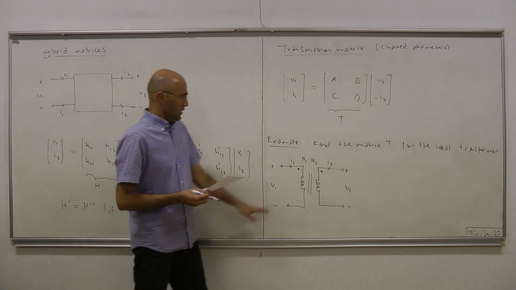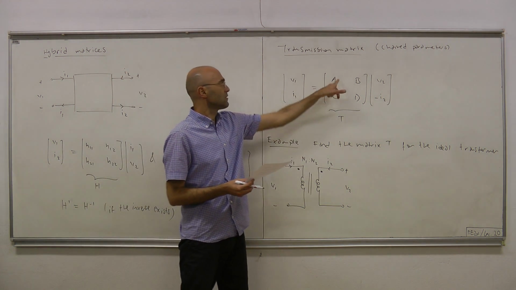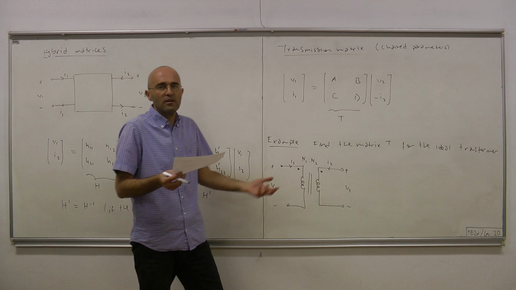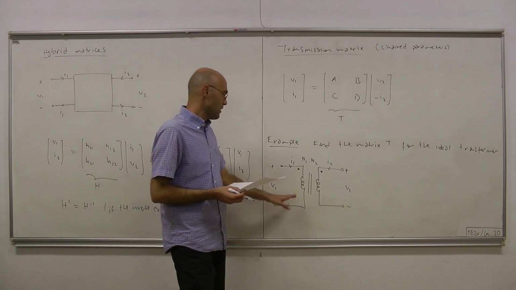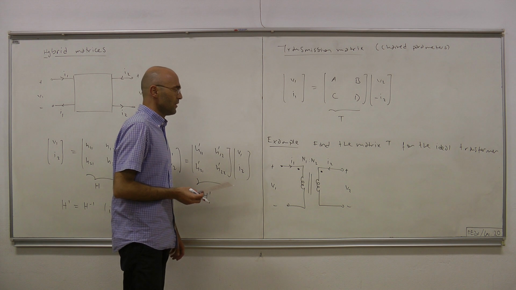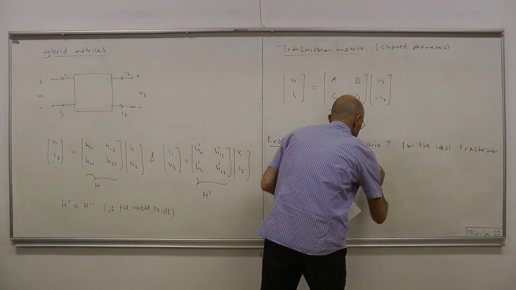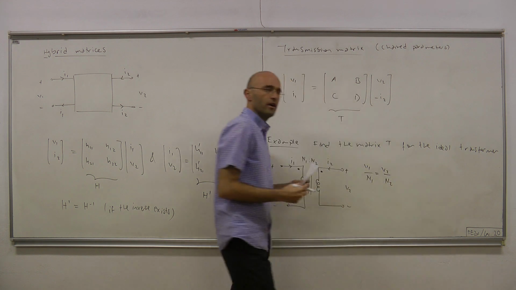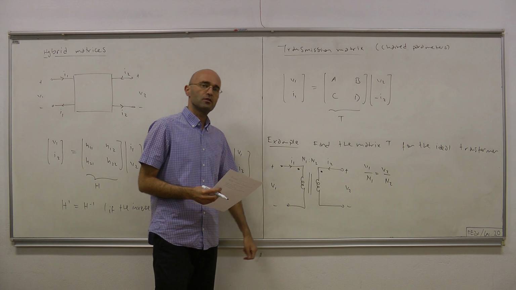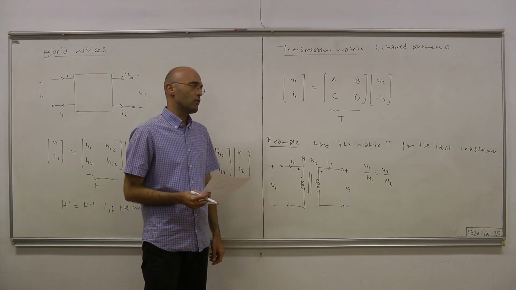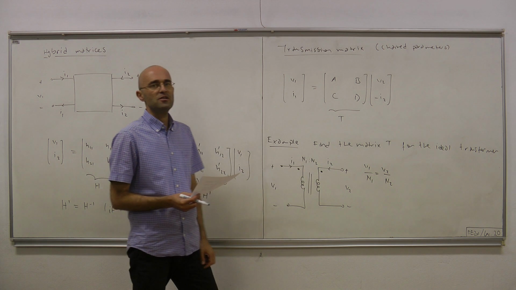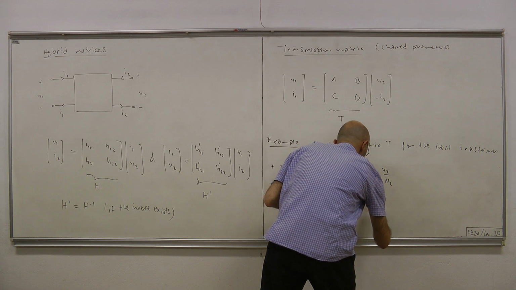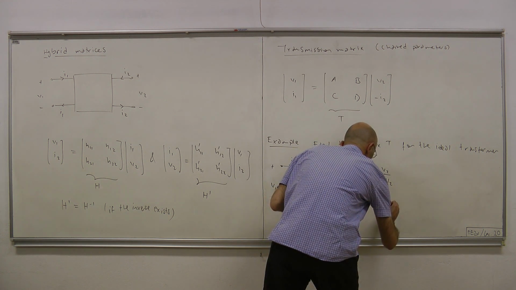Now from this we will obtain the entries A, B, C, D, and for that we will use the only thing that we can use, namely the terminal equations for the ideal transformer. Let's write down the terminal equations. We have the voltage equation where the ratio of the voltages equals the turns ratio, and we have the current equation where the ratio of the currents is minus the inverse of the turns ratio. It works: N1 I1 plus N2 I2